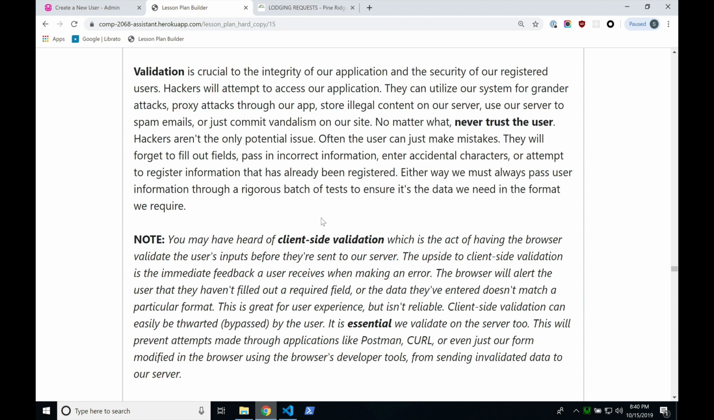Or storing illegal content on your site. That happens all the time too, like child pornography. That's a bad one, but that happens to people with insecure sites. Sometimes it's not even things like that. Sometimes it's really stupid. Sometimes it's like